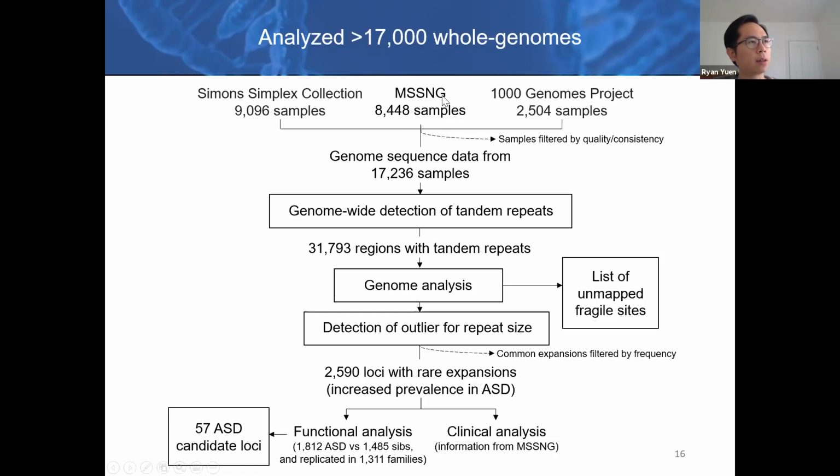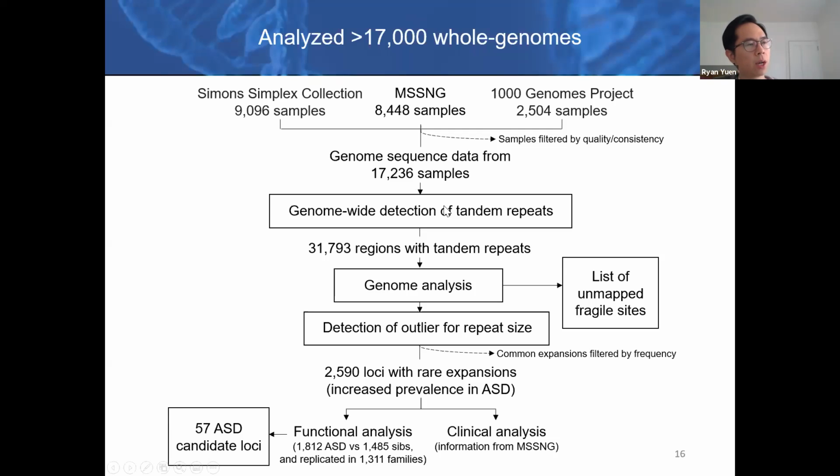We also have another cohort coming from Autism Speaks whole genome sequencing data, from a project called MSSNG, which is something that I worked on when I was a postdoc in Dr. Stephen Scherer's lab. So we utilize this as the replication set as well. Using the 1000 Genomes Project, over 2,000 samples, we use this as the frequency set, setting the frequency for each of the loci. And we are mostly interested in the rare cases because of our prior knowledge of the genetic architecture